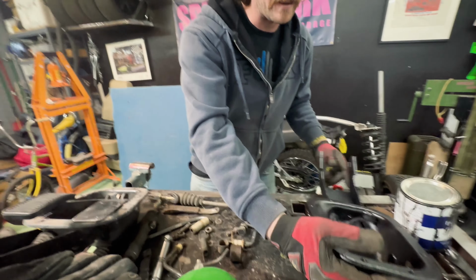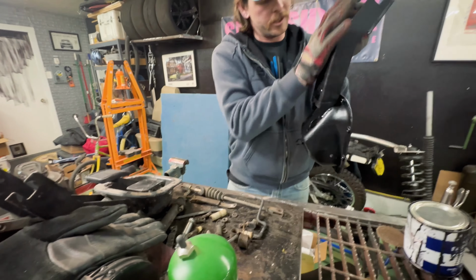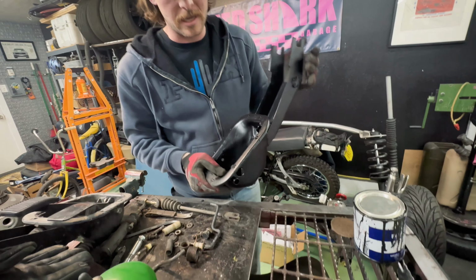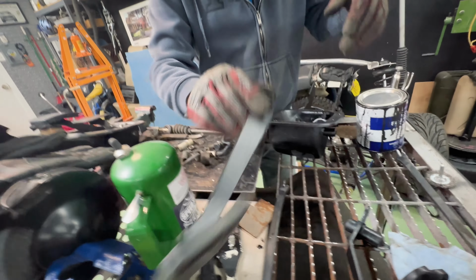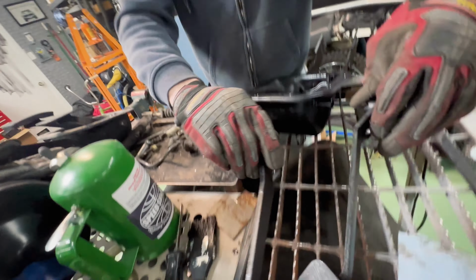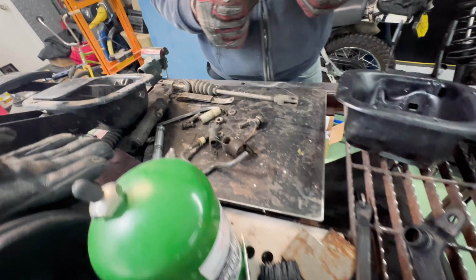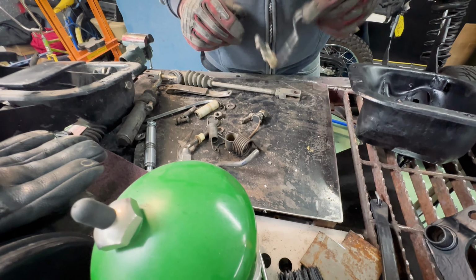Okay, we got our pedal box painted, mediocrely painted, but it's going under the car. You're never going to see this anyways. Keep the rust off. We've got some of the pedals I touched up, a little wet. And then we got all of the dirty hardware that we're going to put together and call it a day